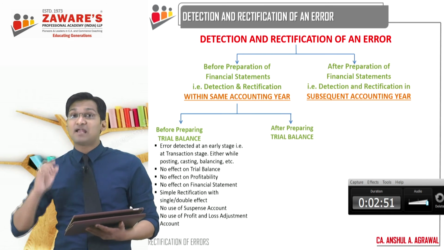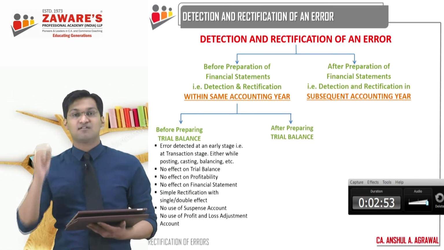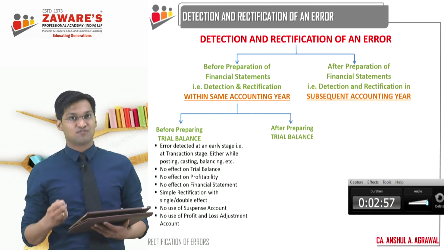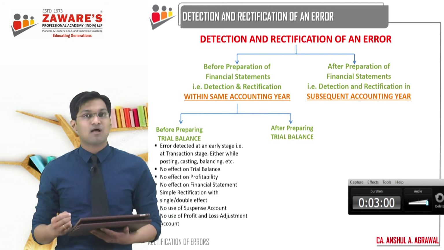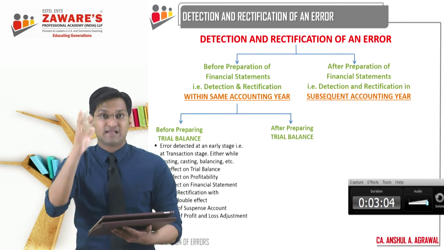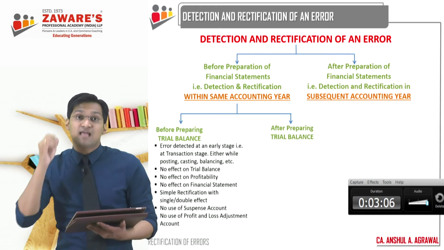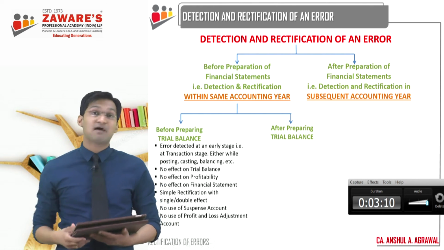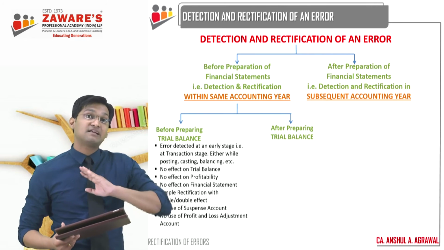Trial balance is prepared at the end of the accounting year, the financial year. Throughout the year, transactions are recorded in the various books of accounts, correct? Now, we have to see the stage when the error is detected. Is that error detected in between the year, before we prepare the trial balance, or is it detected at the